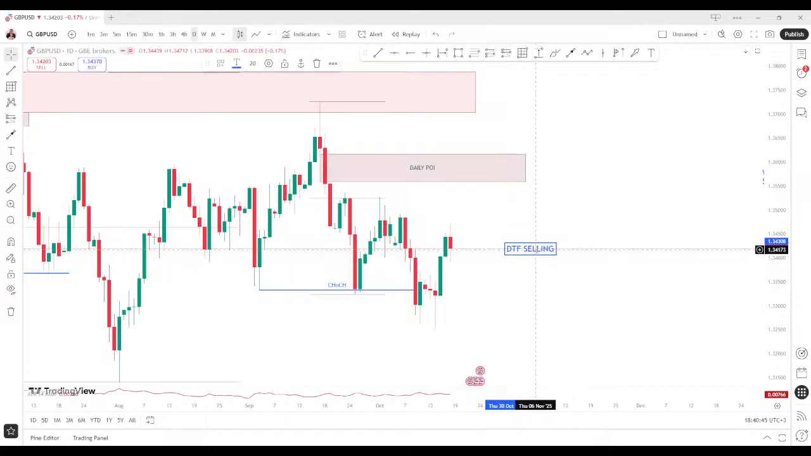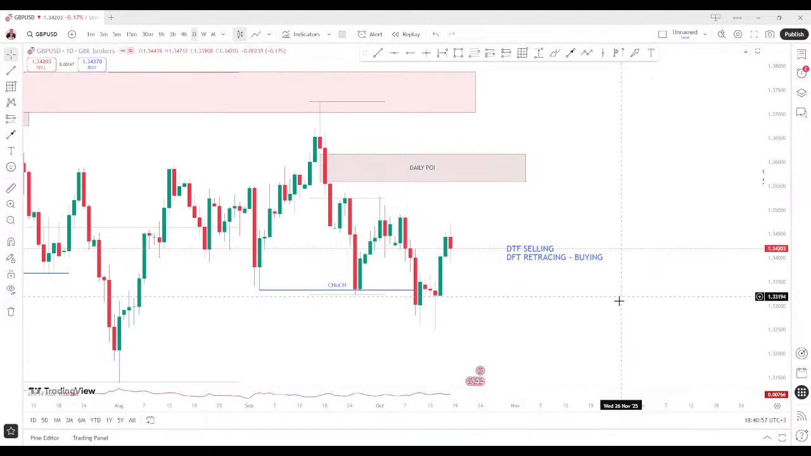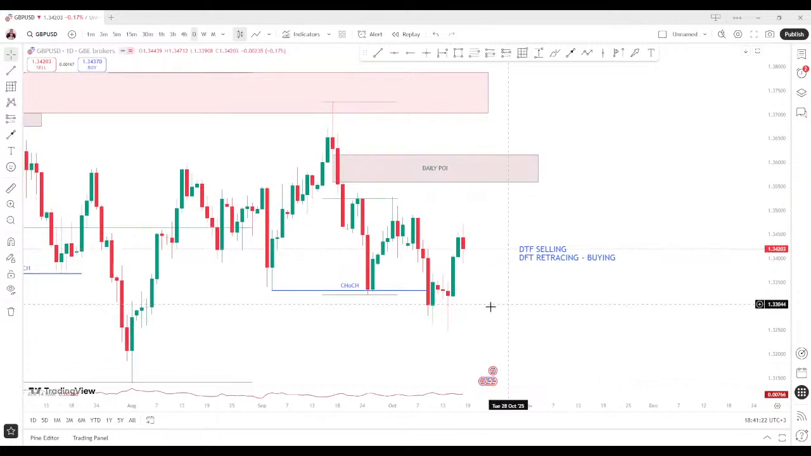Though the daily time frame is selling, the daily time frame is also retracing, and this means buying. I hope you are not confused. So the overall market structure is that we are supposed to be selling, but this market needs to go to a premium price before we get the major sell. So what does this tell you? This tells you